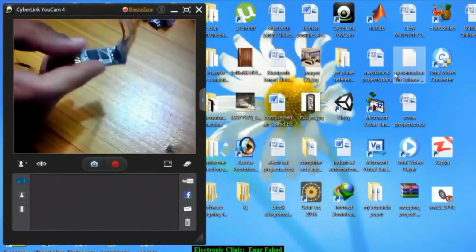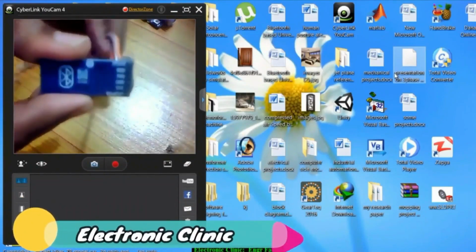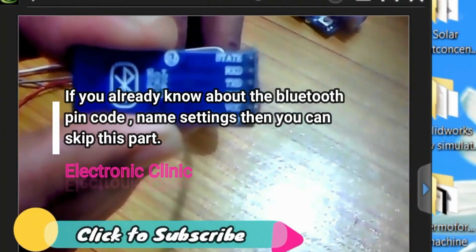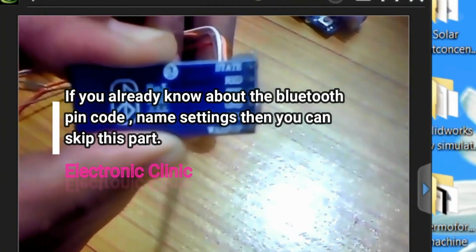Let's start with the Bluetooth settings. So the Bluetooth module that you can see on the screen is actually HC05. Well, it doesn't matter whether you are using HC06 or HC05, the basic function of both the modules is the same. There is only a little bit of difference in the AT commands, which I will show you once we are doing